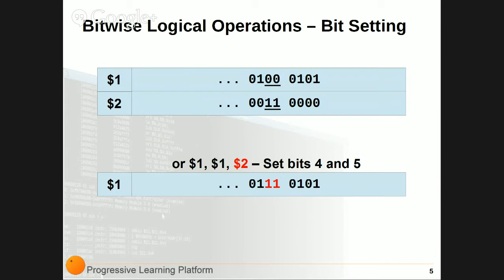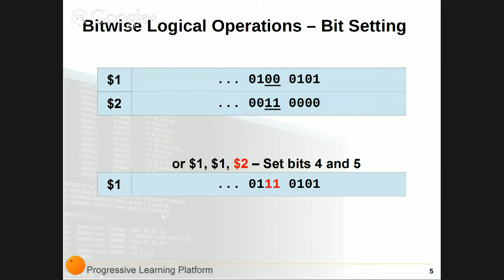That's how you set bits. In some architectures, you have dedicated bit set instructions. For example, on a PIC microcontroller, you have the BSF instruction. That stands for bit set file. So you give it the memory location and the bit position where you want to set. In PLP CPU, you have to use the OR instructions, which does the same thing. Why complicate the CPU with a set instruction when you already have something that can take its place?